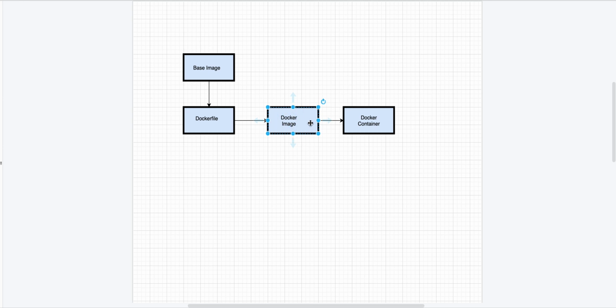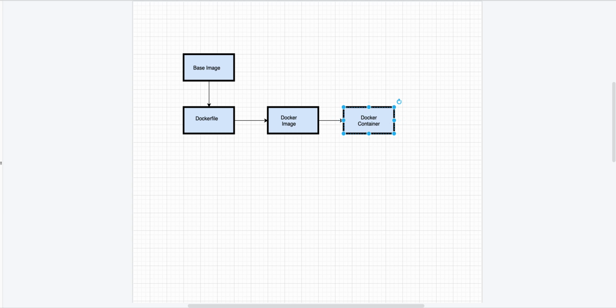Now this Docker image, you are going to upload that to a Docker registry. That can be a custom Docker registry, and from this Docker registry you are going to use some orchestration tool like Kubernetes or Docker Swarm, and basically call the Docker images which you have saved inside the registry and go on creating the Docker containers which will be serving your application. So this is the overall workflow at the very basic level.